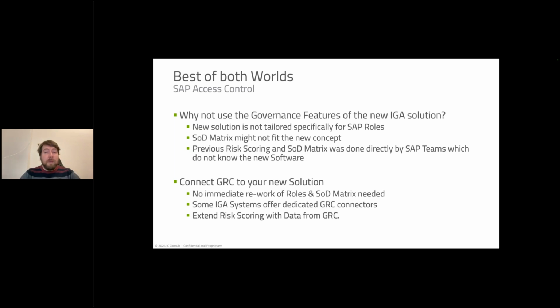So in the past, SAP was always on its own. Also, some companies already have another IGA solution, but they're using IDM for SAP. And then with the risk scoring, you had to disconnect. So you didn't know, does this person have high risk roles in SAP, while the rest of the landscape actually looks green? So you look into this one solution and you get a green dot for this person being fine,